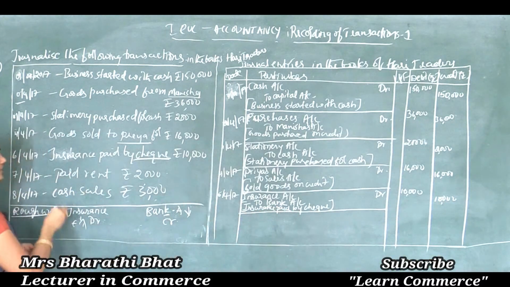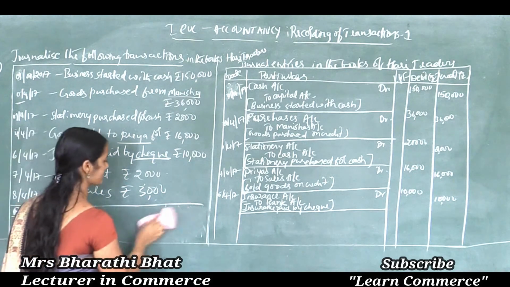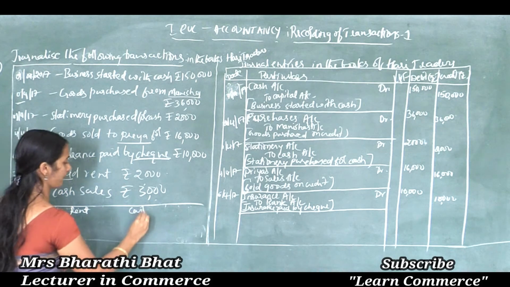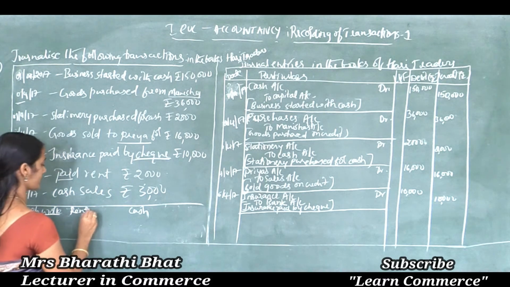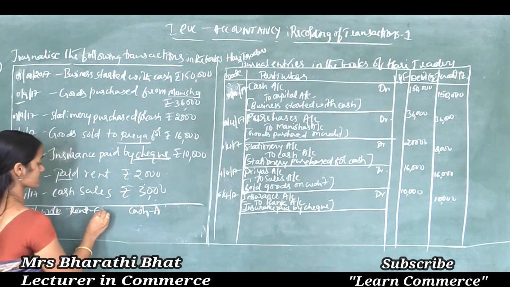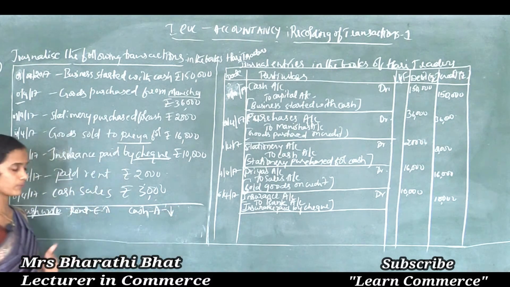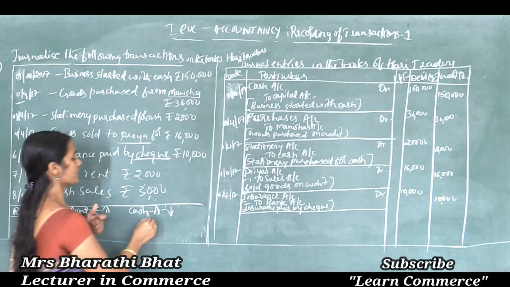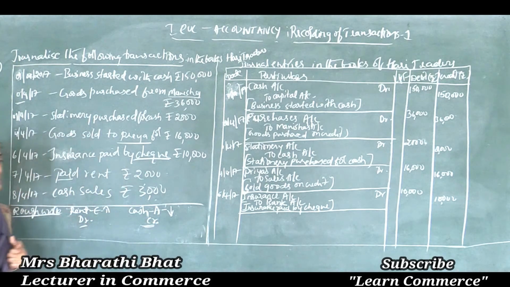And one more, paid rent. Very simple, we can identify the accounts easily here. One is rent, another one is cash. To pay rent we have to spend some cash, so rent comes under the expenses account, cash comes under the asset account. Expenses show increased value, cash, meaning asset, shows decreased value. So an increase in expenses is to be debited, a decrease in asset is to be credited. One account is debited, another one is credited.